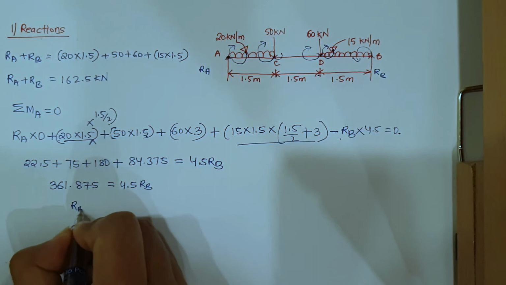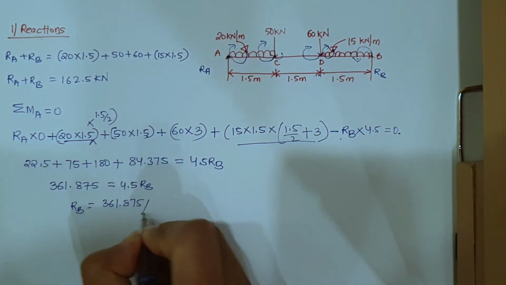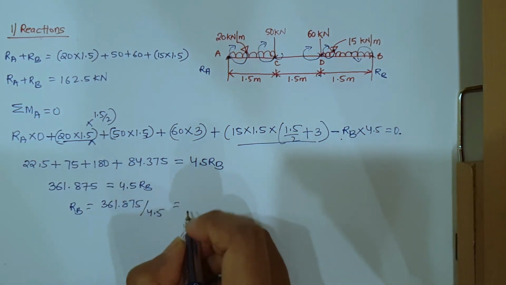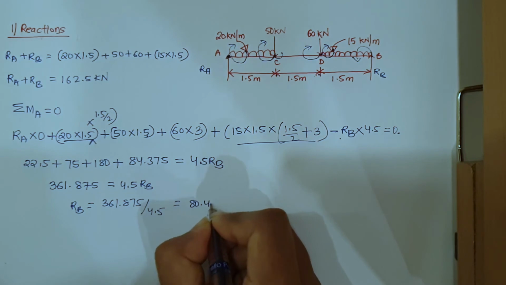Now from here RB will be equal to 361.875 divided by 4.5, and this will come equal to 80.42